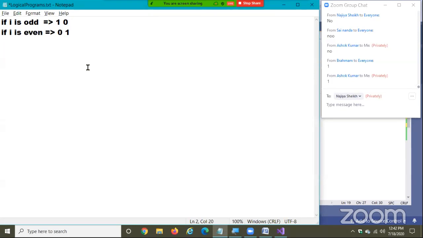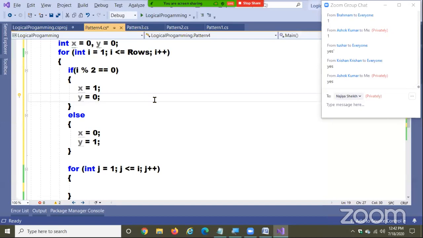I did not print. First, I initialized them like that. Did you people understand? I did not print here. I'll print and show you. Hold on. Did you understand that or not? If I is odd, it is 1, 0. If I is even, it is 0, 1. Okay? Fine. Next,